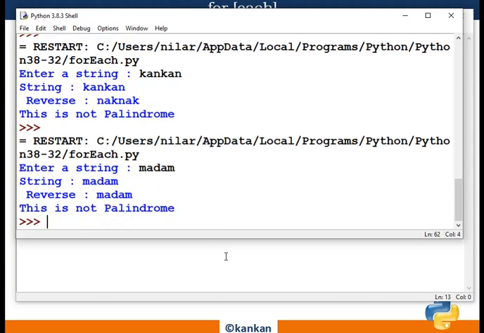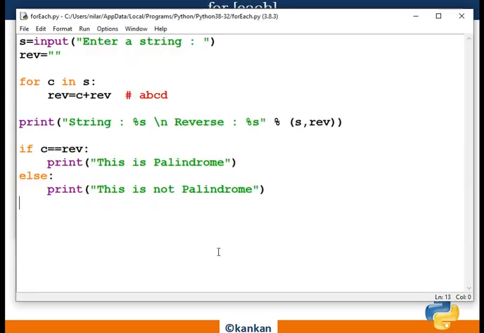Oh, what have I written there? If this is equal to, sorry, I have made a mistake. Here C will not be there. What is the string? S is the string. I have made this mistake in this code. S is the string, I have written the C character.